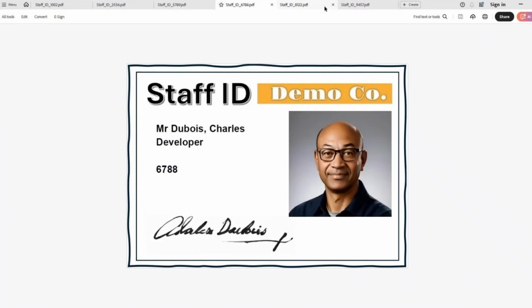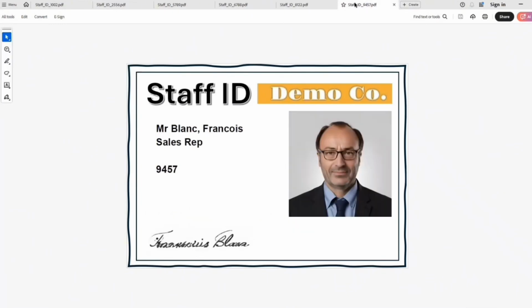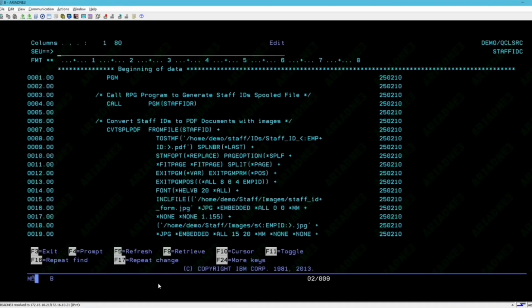And I should point out that all of the employees in this demo are entirely fictional, and even the photograph and signature have been generated using AI, so you don't need to worry that we're sharing sensitive personal data in this demo. Now let's look at how we used CoolSpools to get from that very simple spool file to the